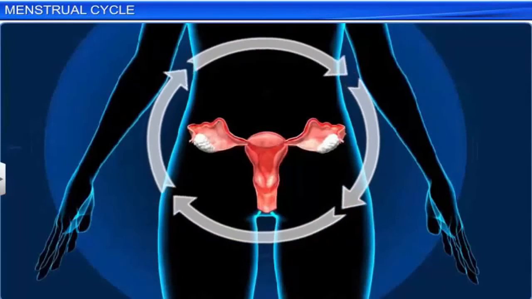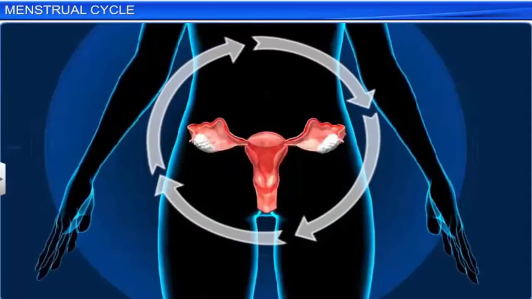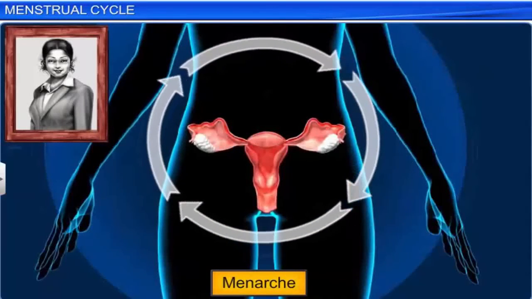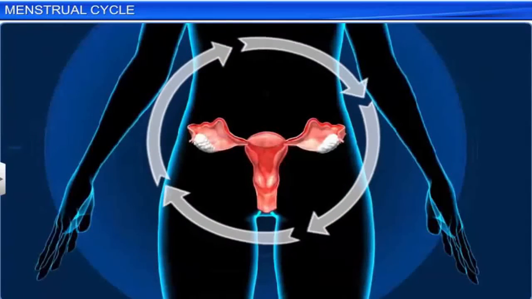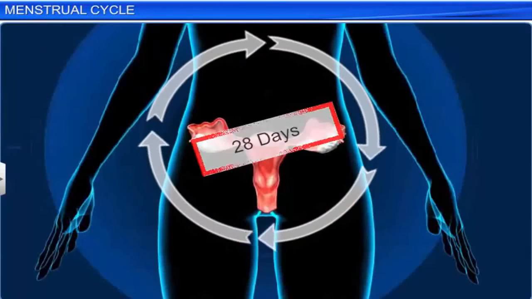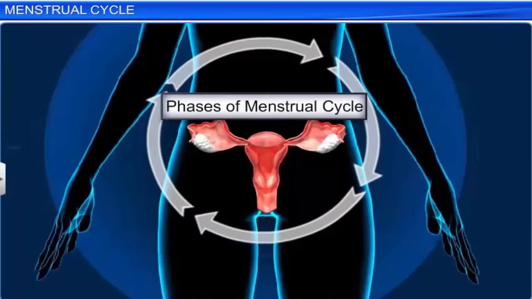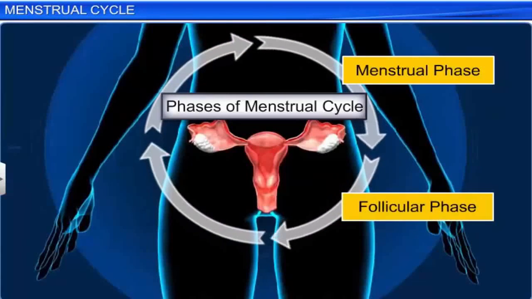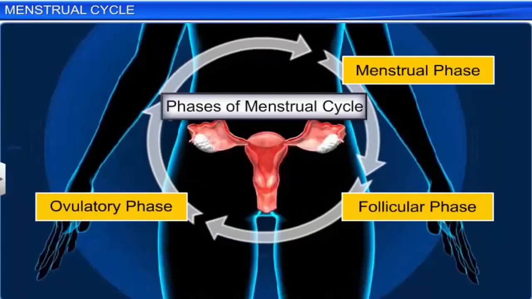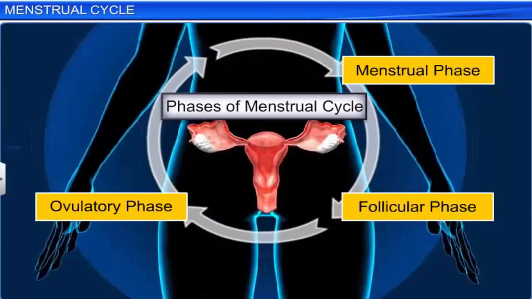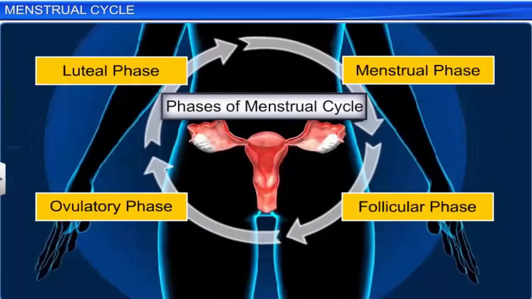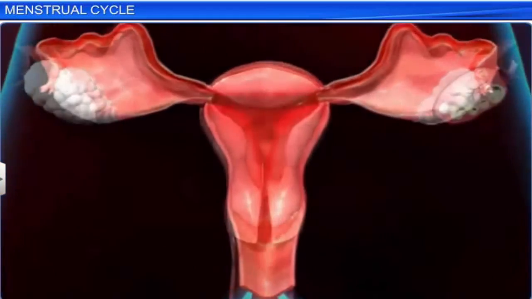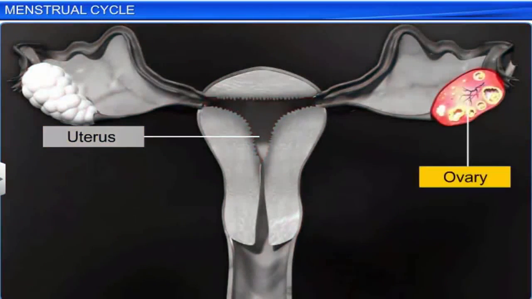Incidentally, a woman experiences her first menstrual cycle, called the menarche, at the onset of puberty, usually between the ages of 9 and 12. Occurring approximately every 28 days, a single menstrual cycle consists of 4 phases: menstrual phase, follicular or proliferative phase, ovulatory phase, and lastly, the luteal or secretory phase. Each phase of the menstrual cycle is marked by simultaneous changes in the uterus, ovary, and the secretory